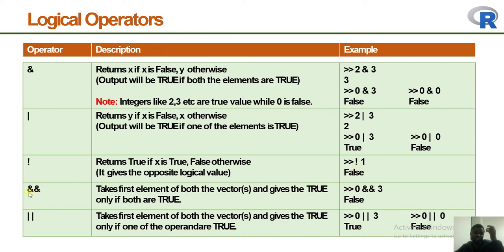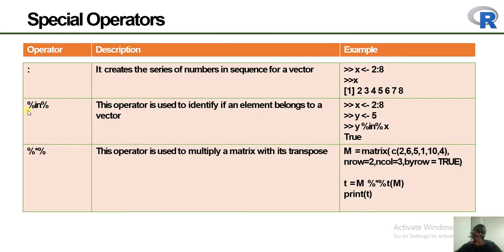So what we have and or is still the same thing with these two examples we have above. So the last type of operators we have is the special operators, and it is essential we understand all these